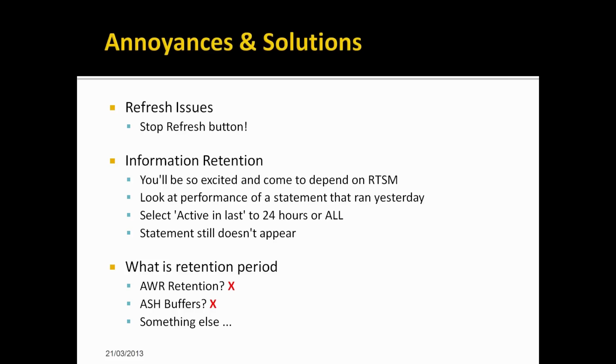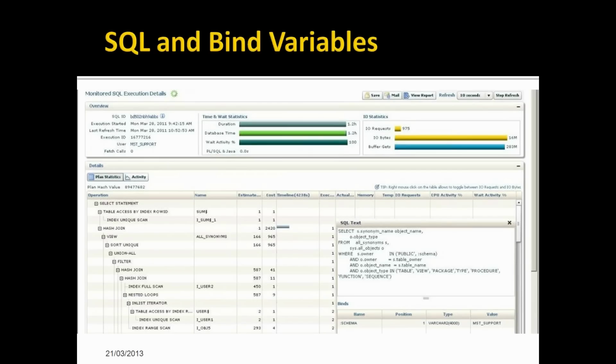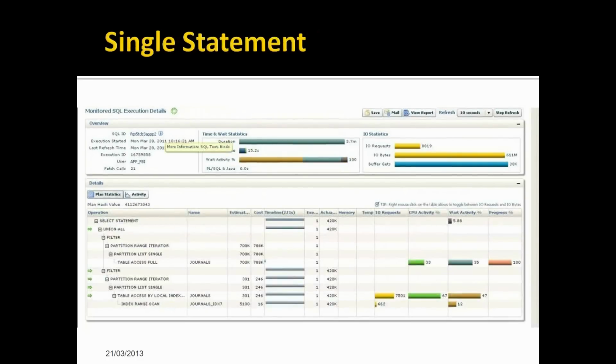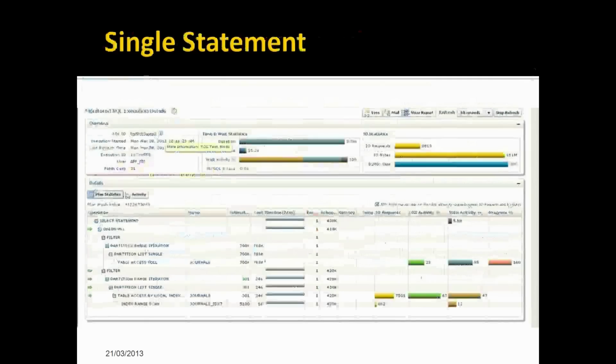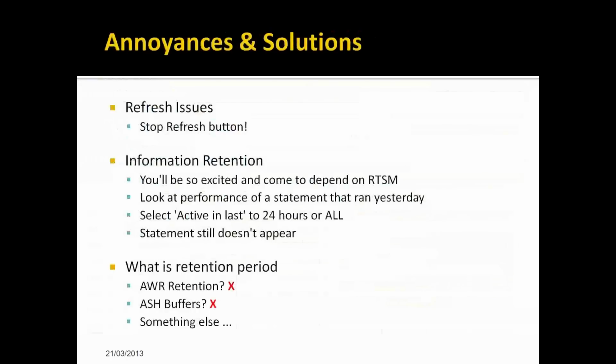So you get all excited, and you see the drop down. Let me pick that out and show you. So you'll see here there's a drop down which says active in last, and it's set to all. There's a range of values we can have there, but what I've said here is I want you to show me all the SQL statements that SQL Mon has monitored and still has information for. However, even if you set active in the last to 24 hours or to all,